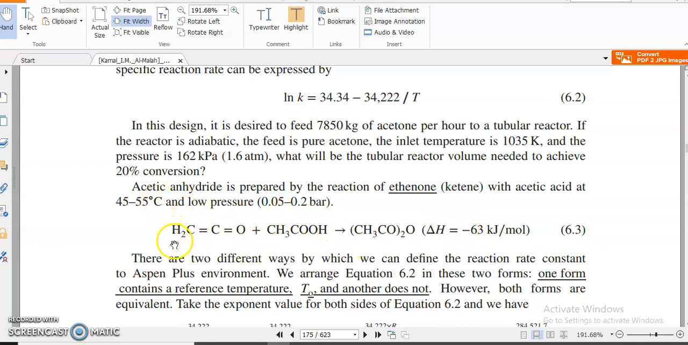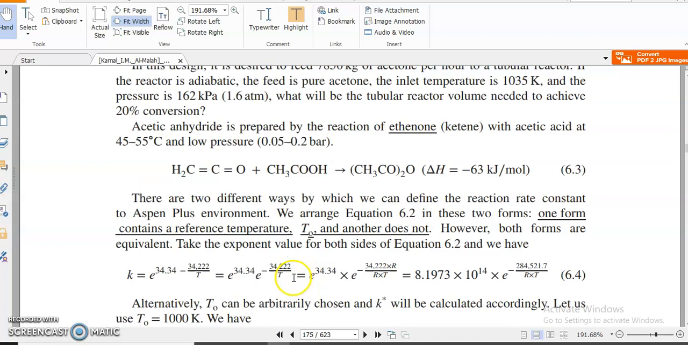And here we can see that the ketene is reacted with the acetic acid, and it is going to form acetic anhydride. So here we have to calculate the K value, the reaction rate constant, and also